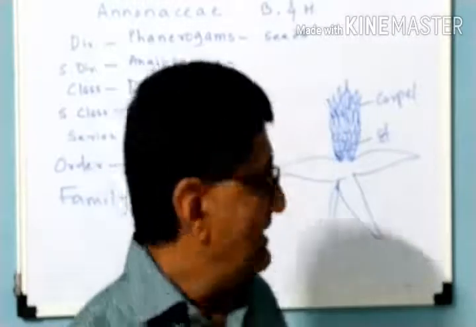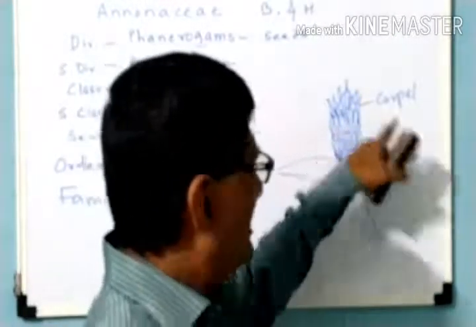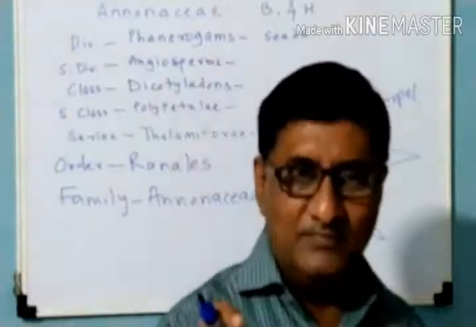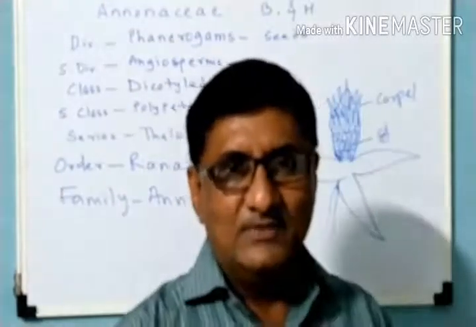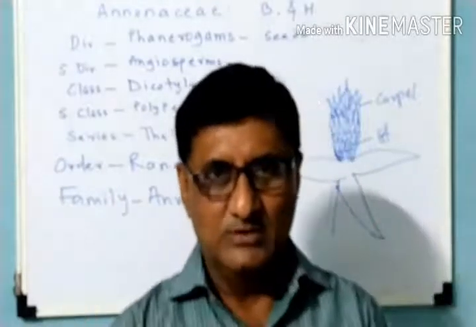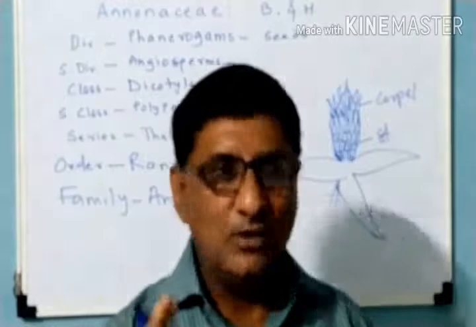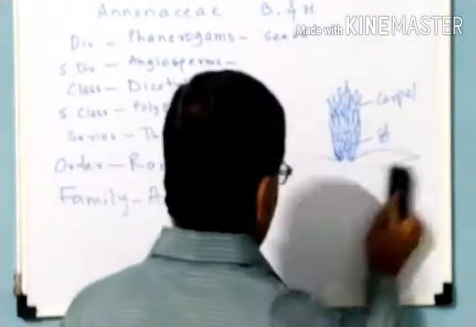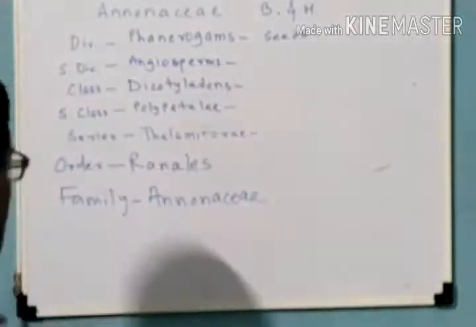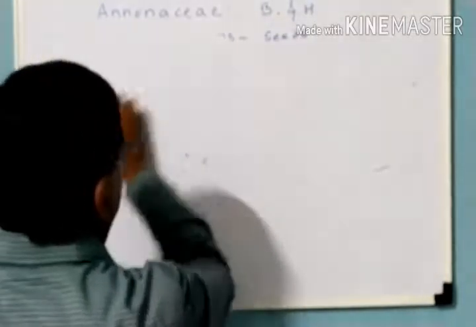And the fruit is etaerio of berries kind. So here there are many carpels. Each carpel is responsible to develop a fruitlet. All the fruitlets gather and form an aggregate type of fleshy fruit, and that is called the etaerio of berries type of fruit. We will see that in the coming explanation. So this is the systematic position or classification of the family Annonaceae.